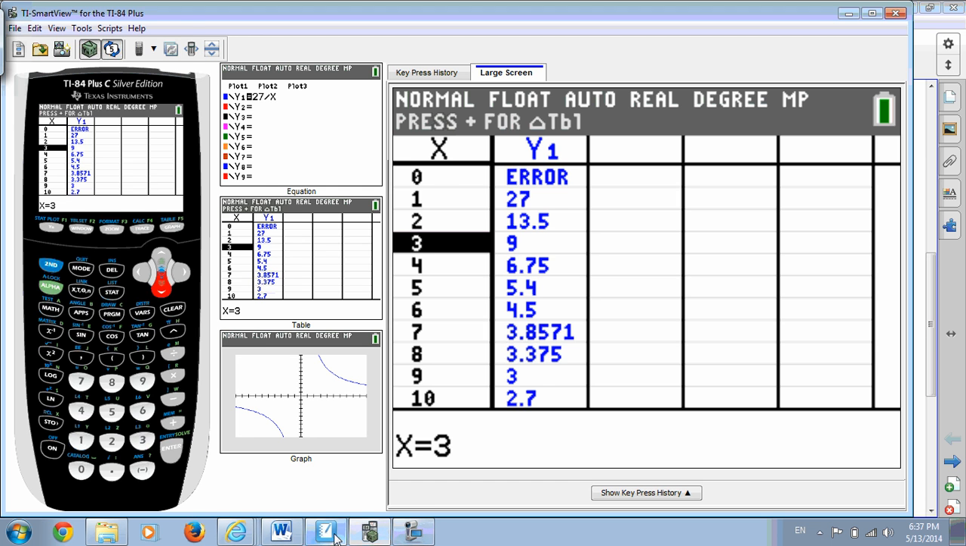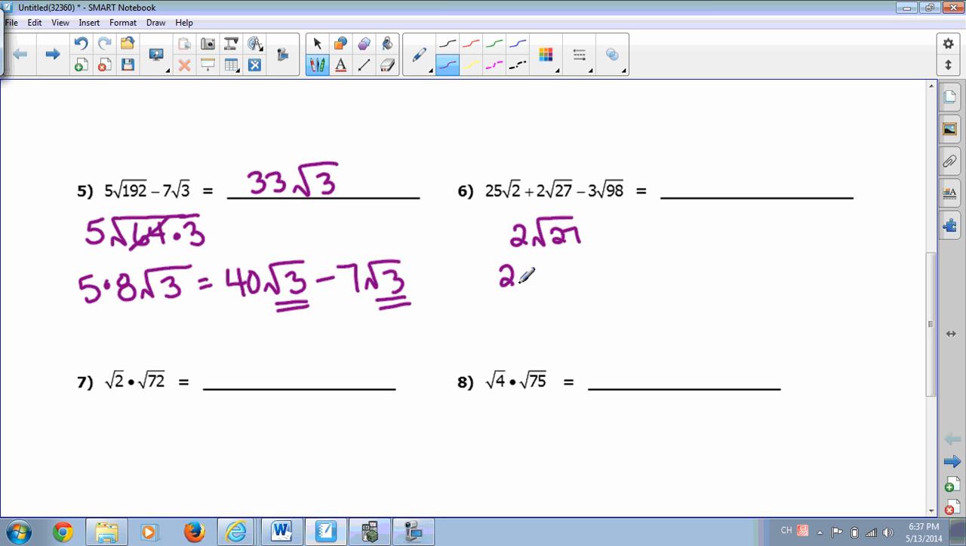So 3 times 9. When we simplify this, we're going to put the perfect square first, 9 times 3. The square root of 9 becomes 3, so we bring that outside with the 2. So we have 2 times 3 square root of 3. The square root of 3 comes down. 2 times 3 is 6 square root of 3. So now we've simplified 2 square root of 27. So right now we have 25 square root of 2 plus 6 square root of 3 minus,